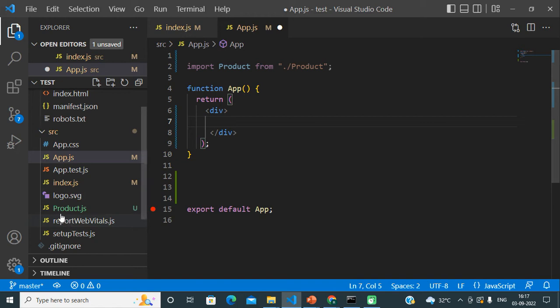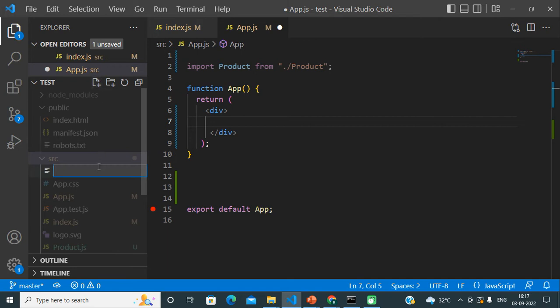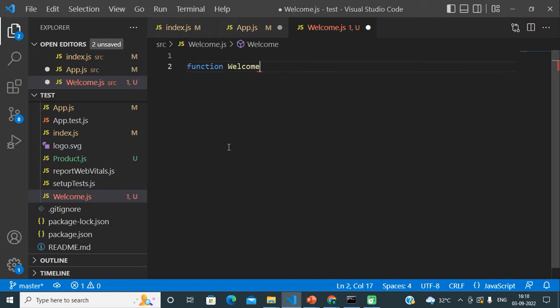Friends, I am creating one component in my src directory to demonstrate this. I am creating a welcome component, welcome.js. Let me complete that component first. Function welcome, a normal JavaScript function.